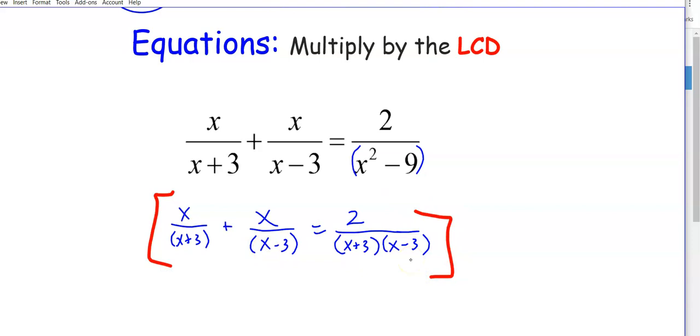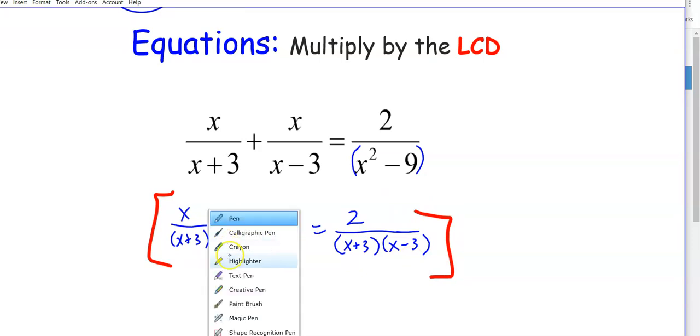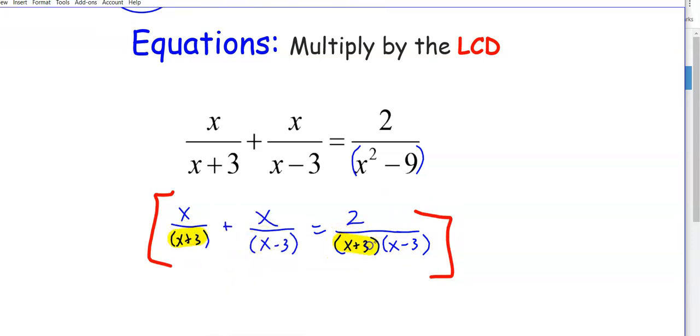In this case, what do you have there? You have an x plus 3, and you have an x minus 3, right? So the common denominator is, you're definitely going to need both an x plus 3 and x minus 3. So I'm going to multiply every single term by x plus 3 times x minus 3,